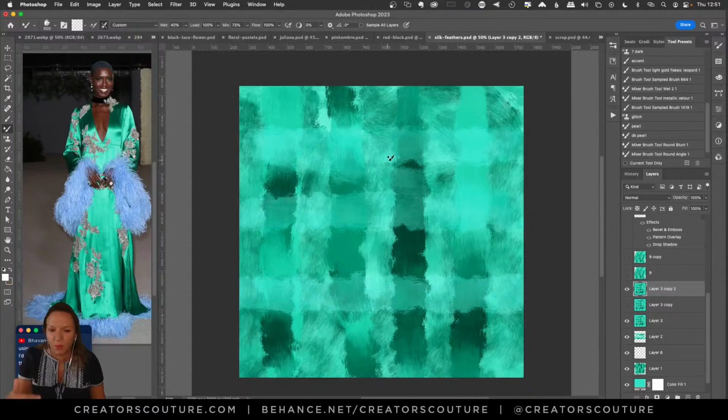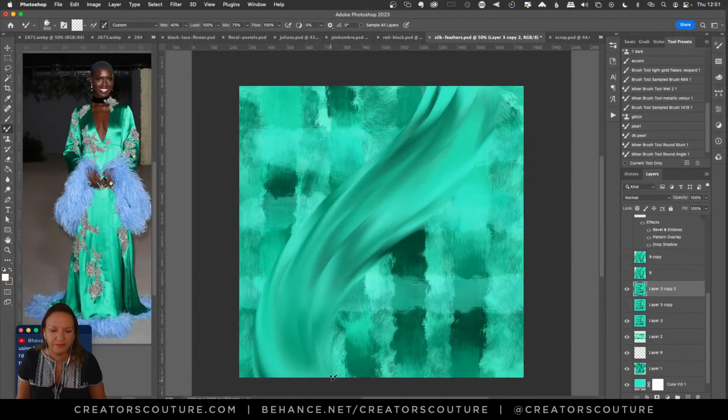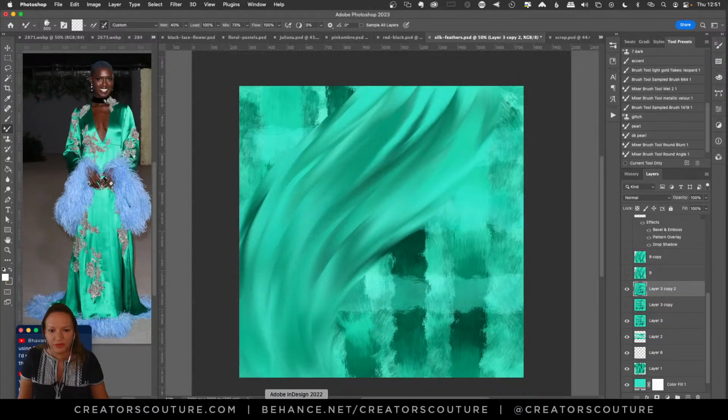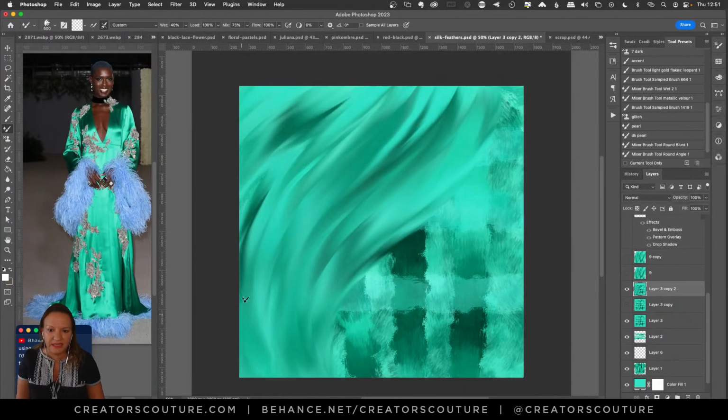It's got some wet settings, so it's going to drag all of those pixels and create some nice creamy effects. And it doesn't have any color loaded into it, so it's going to have just the color from the layer.